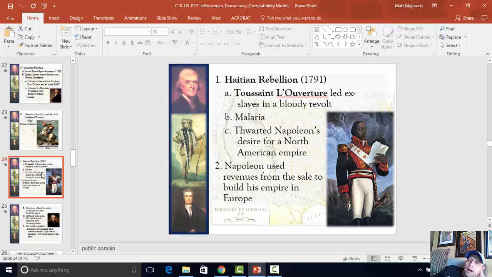Napoleon had to send over some of his very best soldiers to try to put this rebellion down. And what happened is they all came down with malaria, and many of them died. And so he felt like these losses overseas, in places like Haiti, were causing him to lose the war in Europe. And so because of that, he said, hey, I want to get rid of my North American empires. I want to get rid of these overseas empires, because his focus, his fixation was on Europe. And he wants to take the money the U.S. is going to pay him for Louisiana, and he wants to use it to build up his empire in Europe that he is currently trying to establish.